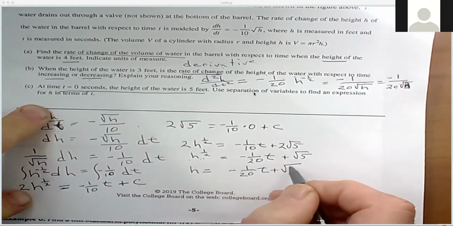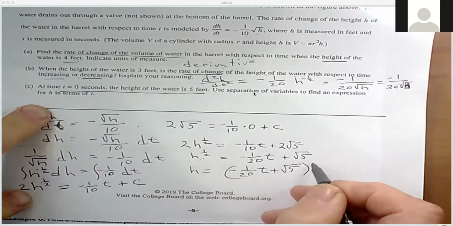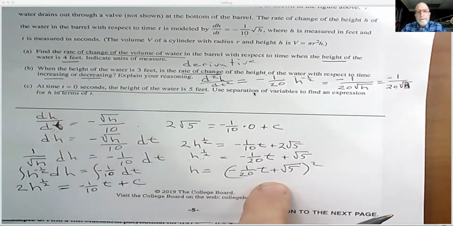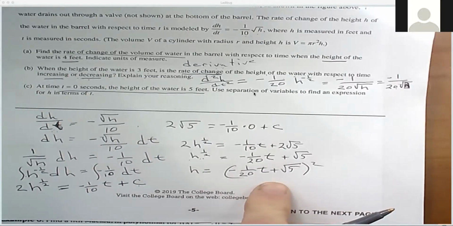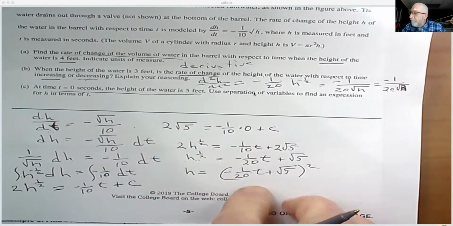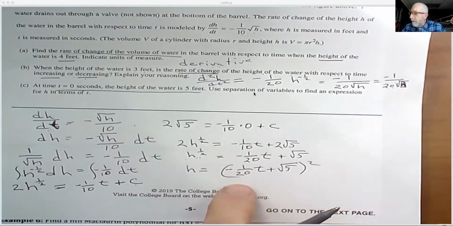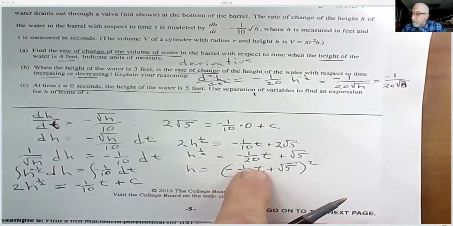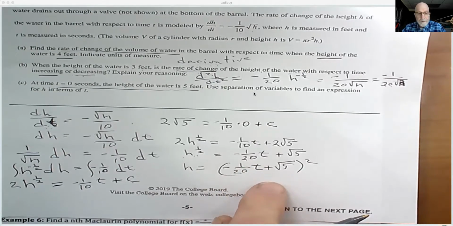Correct. And I'm not going to do any voodoo math. I'm just going to leave it like that, right? I'm not going to expand it. I'm not going to make any mistakes. Now, a voodooist would get it wrong and say, I have a negative 1/4000 t squared plus 5. And that's not the answer. You don't square these individually. Just put them in parentheses and square it.